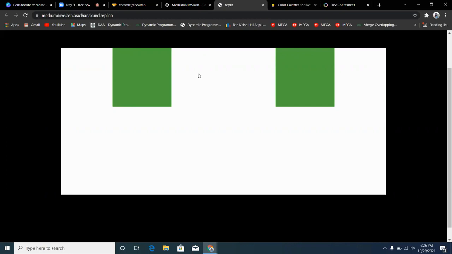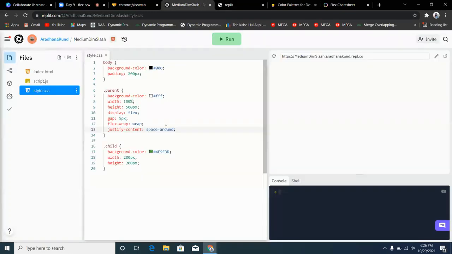For that you have to follow space evenly. Then after that there are other things like space between. If you want one of the elements to be on the extreme left and the other element on the extreme right, you can write space between, and if I refresh it, you can see that both are arranged on the extreme ends.